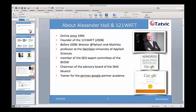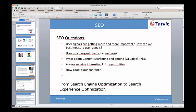So in this sense, when looking at SEO, most SEOs usually looked at a lot of different tools, like maybe Advanced Web Ranking or Searchmetrics or Sistrix, in order to answer interesting questions like what are my rankings and how good am I doing in terms of links. However, I think Google Analytics is a tremendously good tool for SEOs to look at today's